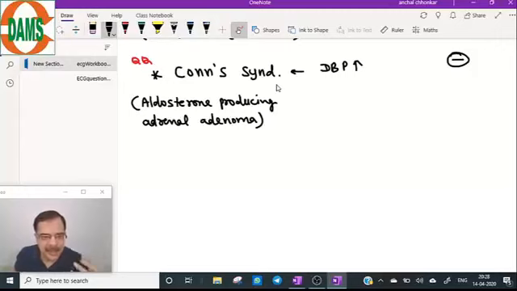But why is there a high diastolic BP and why is there no edema? We know that aldosterone has a sodium and water retention property, so it should cause edema. It should cause edema, but that does not occur. Therefore, this is a favorite question of the examiner. So the reason for this is Conn's syndrome.